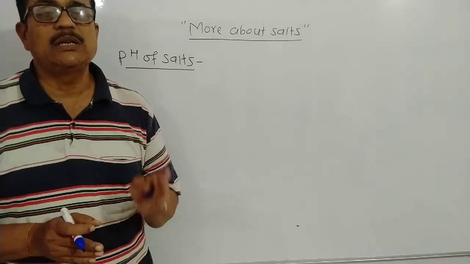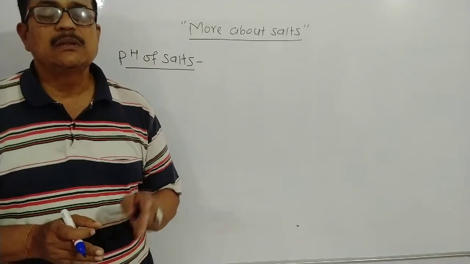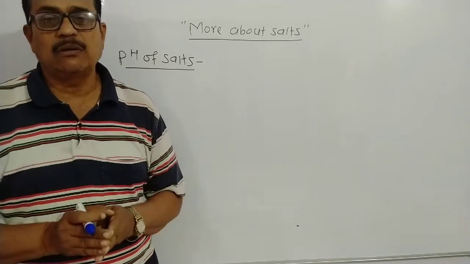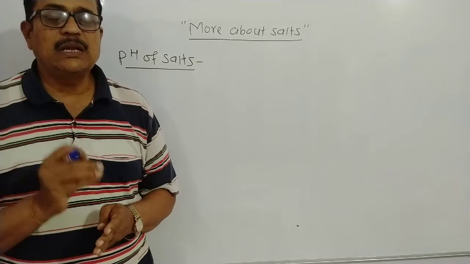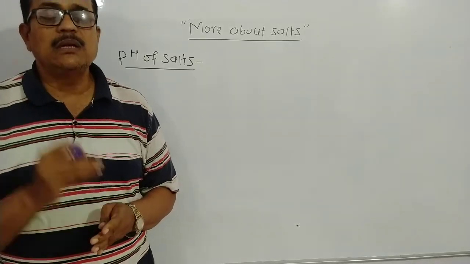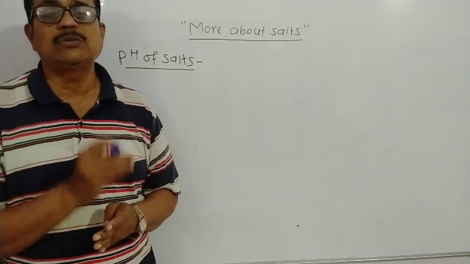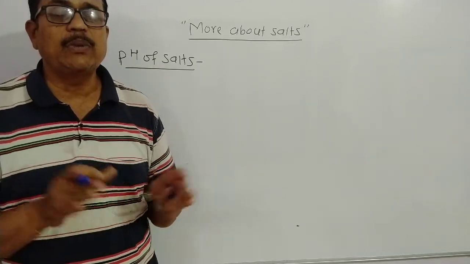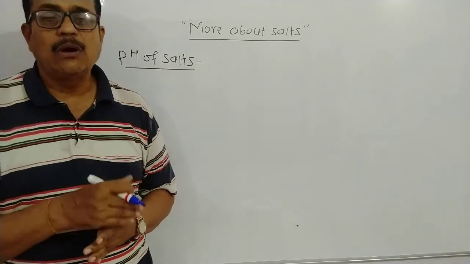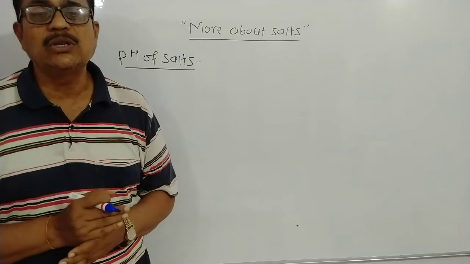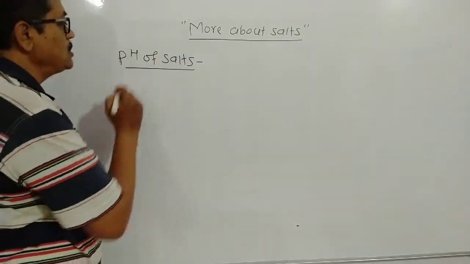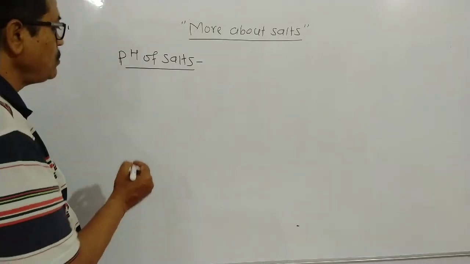If a strong acid reacts with a strong base, then a salt is produced, and such a salt is a neutral salt, because the strong acid neutralizes the properties of the strong base and the strong base neutralizes the properties of the strong acid, destroying each other's properties. Hence the product of this chemical reaction is neutral. In this way we study the pH of salt.